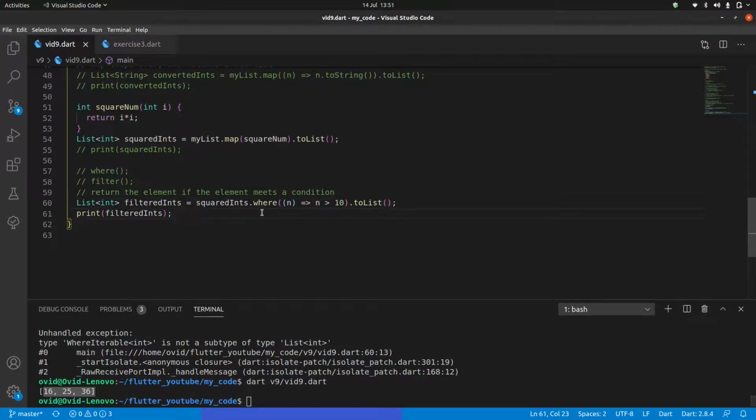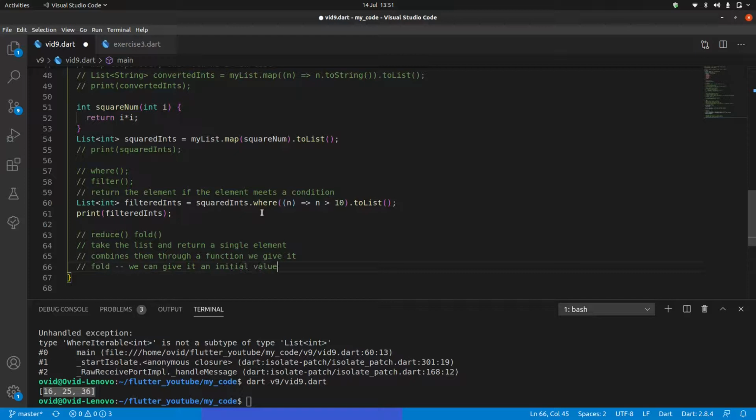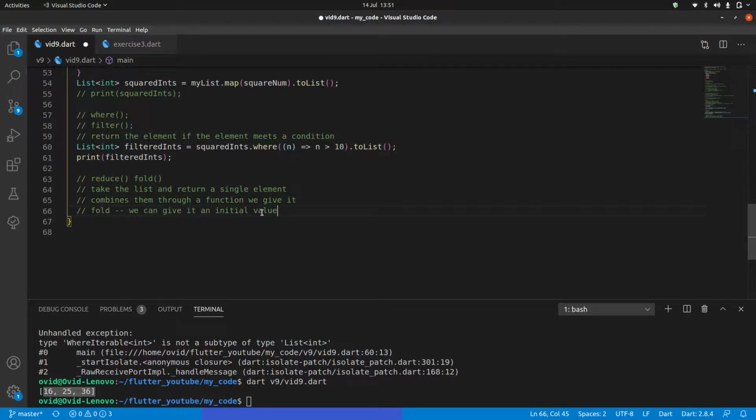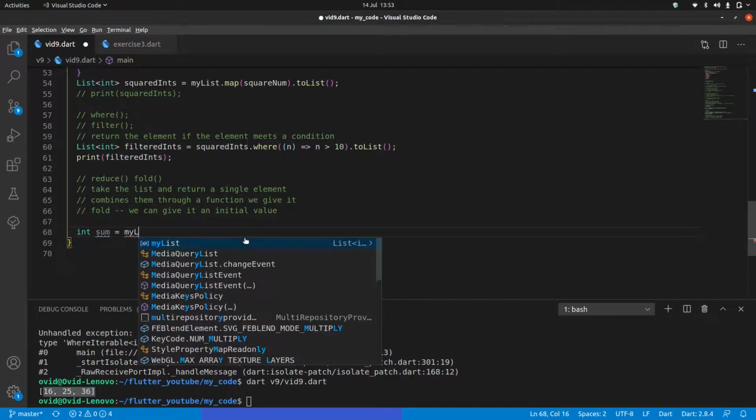So just two more functions I want to go over, and these two are quite similar. We have reduce and fold. So reduce and fold both take the list and return a single element. It kind of combines them through a function we give it. The main difference is that when using fold, we can give it an initial value, whereas when using reduce, we can't. So if I wanted to get the sum, for example, I could say int sum equals and then take myList